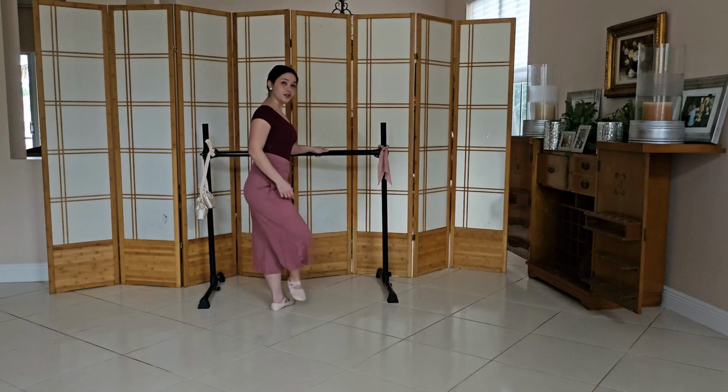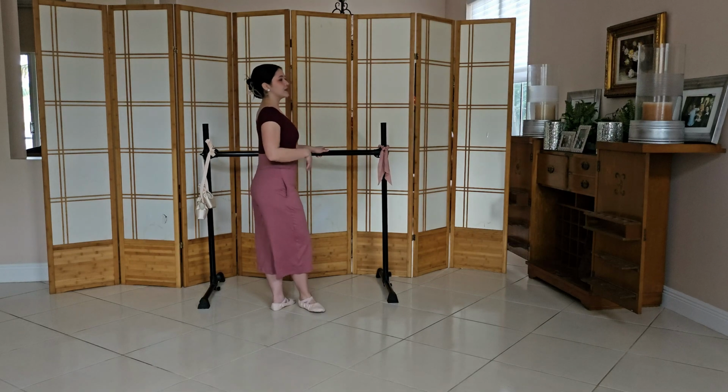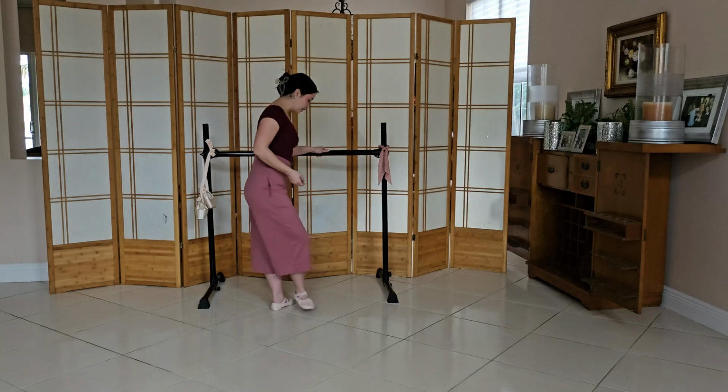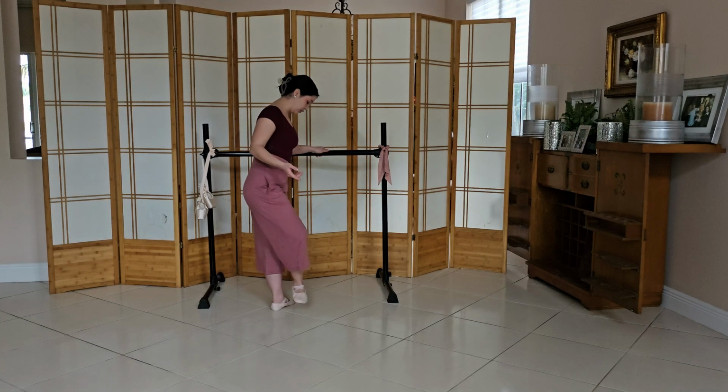So that is to the front, devant. Now you can also do this to the side, à la seconde. And what's interesting is, of course, to the front, devant, you can only do it from the working leg being in front, right? But if you're going to the side, like a lot of other motions, you can either start